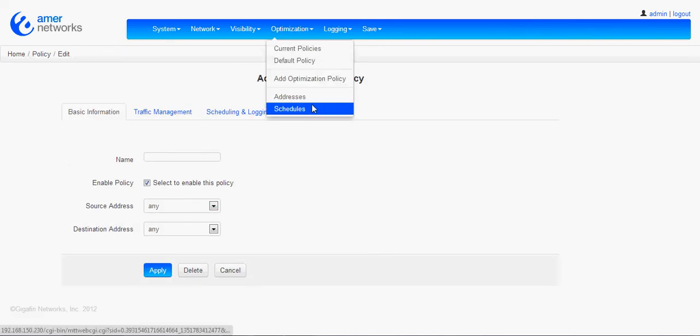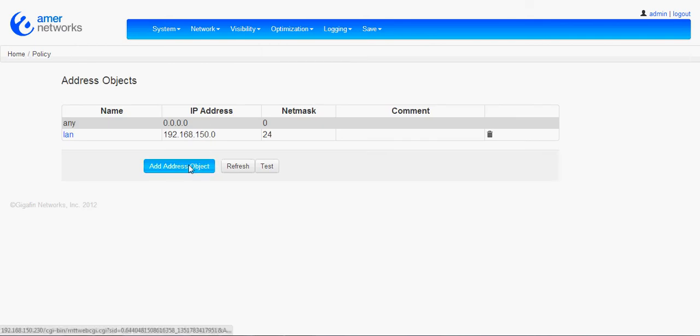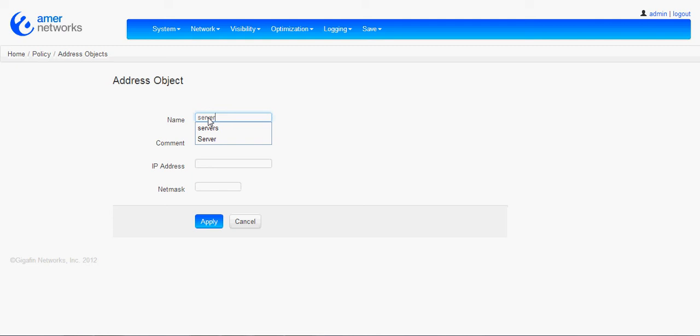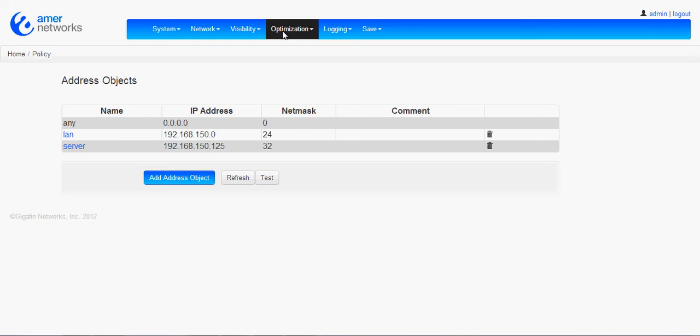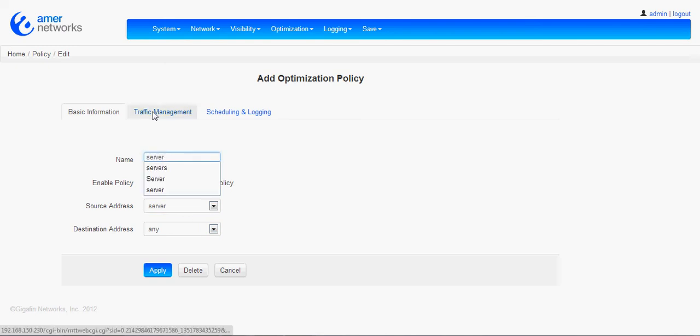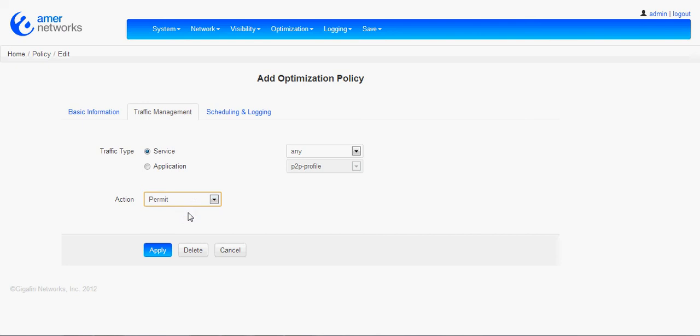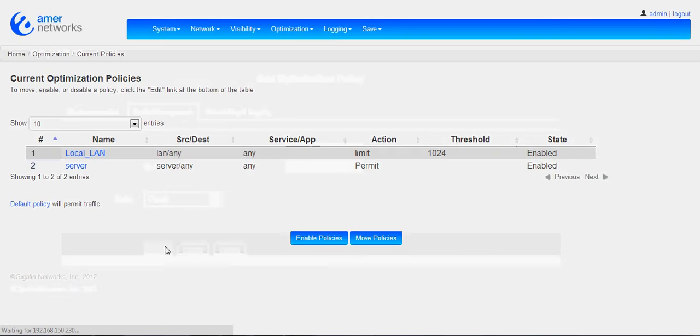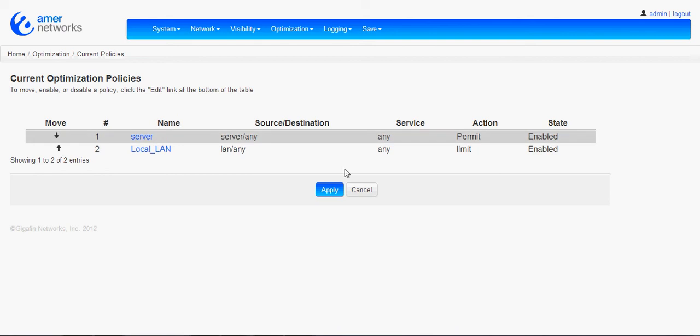So let's create another address object and let's dedicate bandwidth to a server. Let's say this server is residing at 192.168, let's go with 125. I'm going to say a 32-bit subnet mask to just specify this one IP address. Now that that's added in, I can create a new optimization policy, specify that server, and create a traffic management policy that is designed to allow traffic to go to and from that server with basically no limits. So I can actually move this policy above the local LAN policy, so now anytime that server